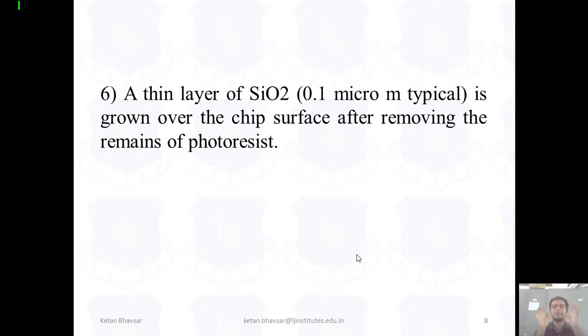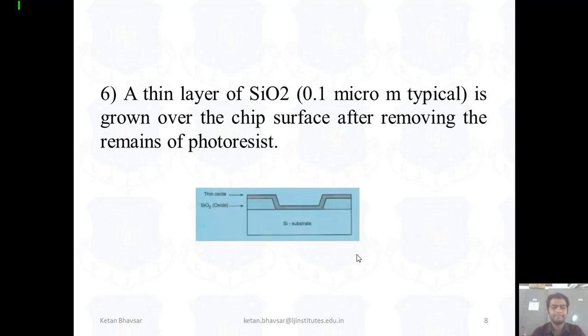Then again we implant a thin SiO2 layer, which is generally used to provide protection to the surface or to a particular substrate area. So as you can see, because of the UV light process, it will look like this. In creating the window, and after creating the window, you can implement over here different types of terminals. Right now we are talking about a simple NMOS fabrication, so we use here p-type impurities and we add terminals here, as we can see in the next few slides.